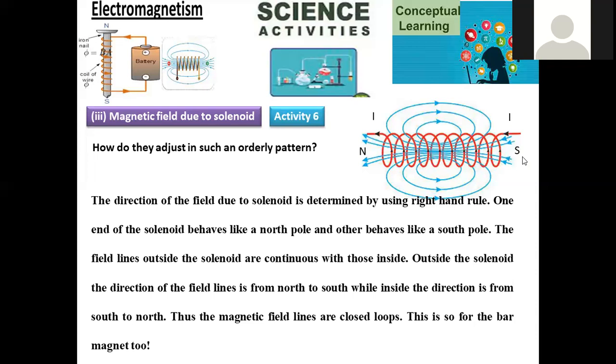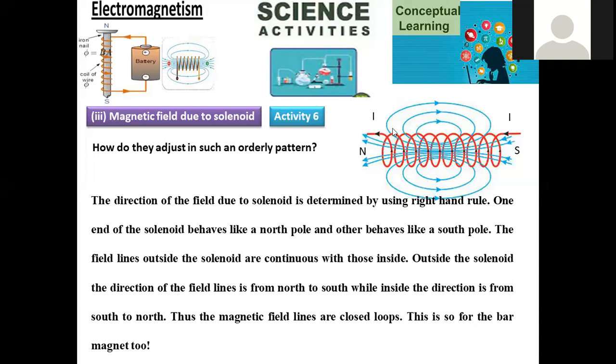However, if you observe the field lines inside the sphere, inside the curvature, inside the curls, what could you notice? The lines are moving in a reciprocal direction. From south to north pole, these lines are propagating. So arrows are clearly indicated in this manner. The arrow is pointed towards the north pole. That indicates lines are propagating from south to north pole. So in this manner, both are reciprocal to each other.